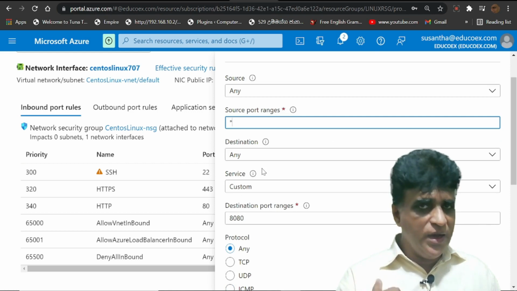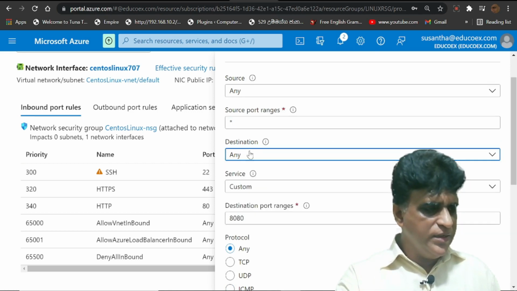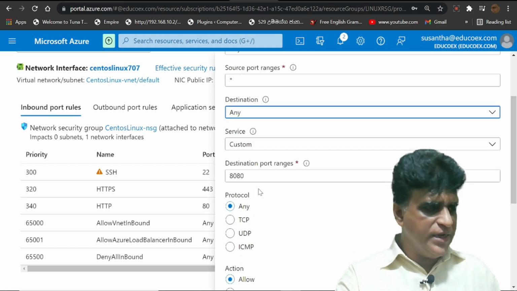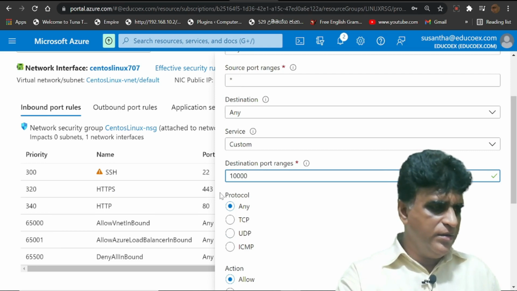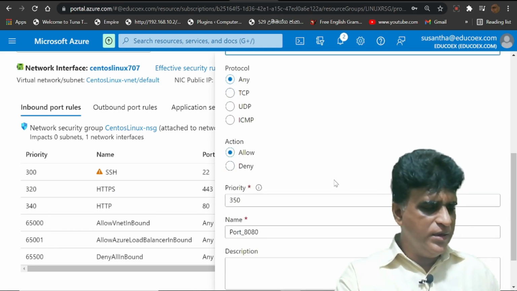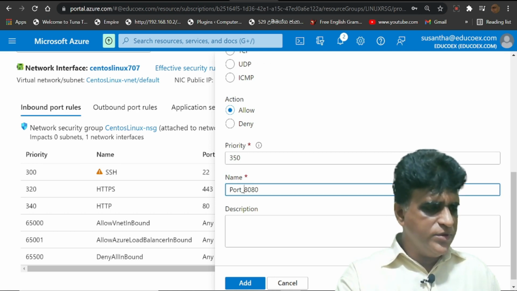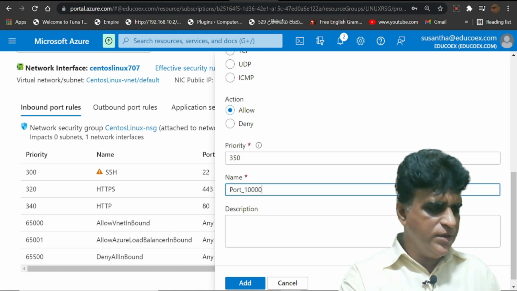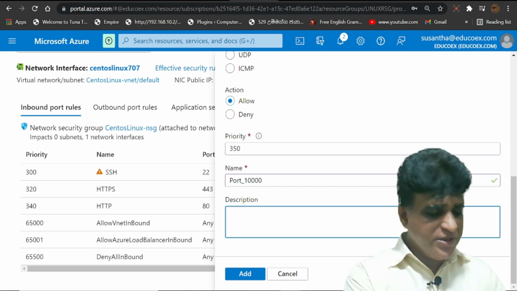That means if we are accessing using different ports, then we have to give star. This is a custom port, and port number is 10,000, and this is 350. Let it be, and give a special name, port 10,000. In the description we will give some descriptions.